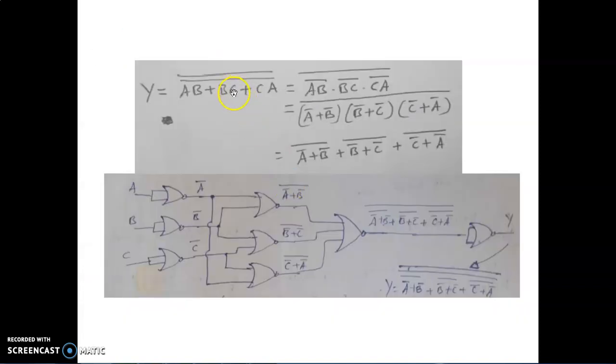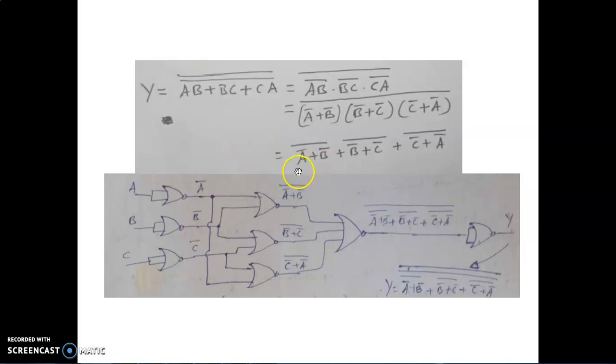Now the same equation is implemented by using only NOR gate. So in order to implement only by using NOR gate, the equation should not contain dot operator. It contains the dot between AB, again between BC and between CA. This is eliminated by considering double complement as shown here. Now apply De Morgan's theorem and simplify. We get this equation which does not contain any dot operator. Now by using this equation, it is possible to build a logic circuit by using only NOR gate as shown